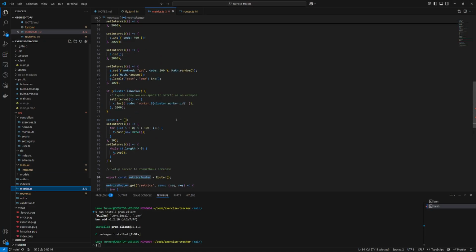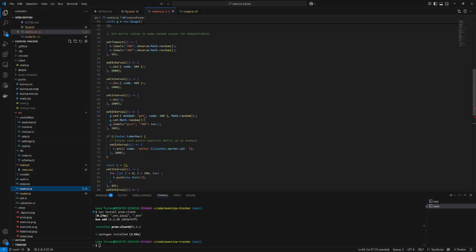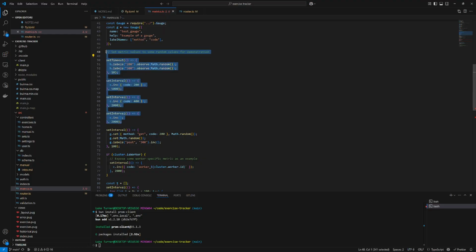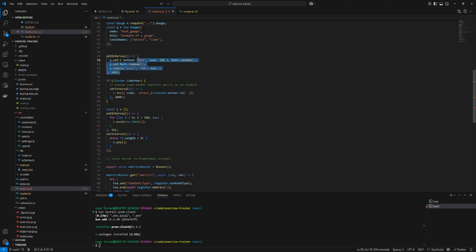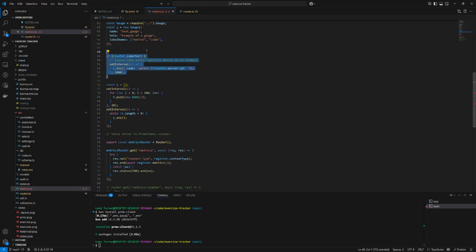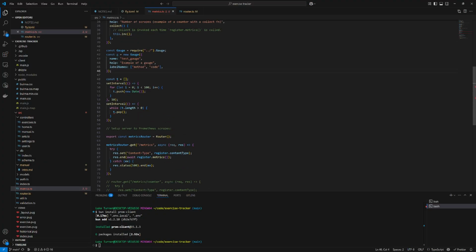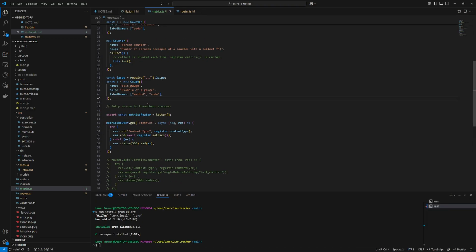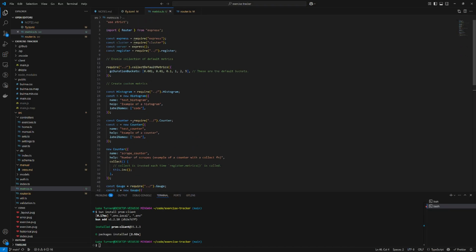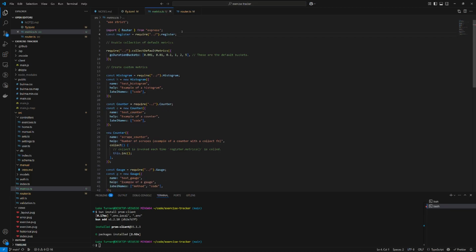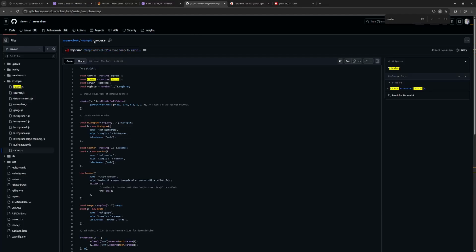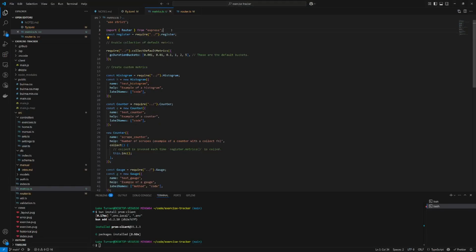Okay. So if we actually look at the rest of this placeholder code in here, this is just doing some random stuff. We can get rid of all that. Get rid of all that and get rid of all that. So I kind of want to see, let's get rid of that and that and that. And like, what is this? Register. Oh, so that's interesting. So this is actually,